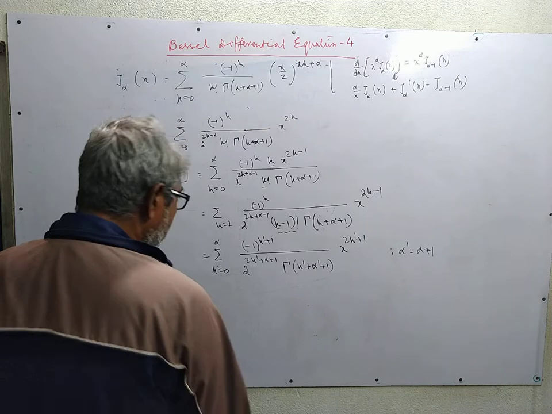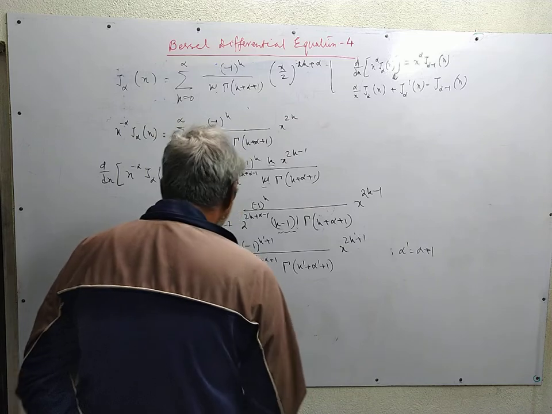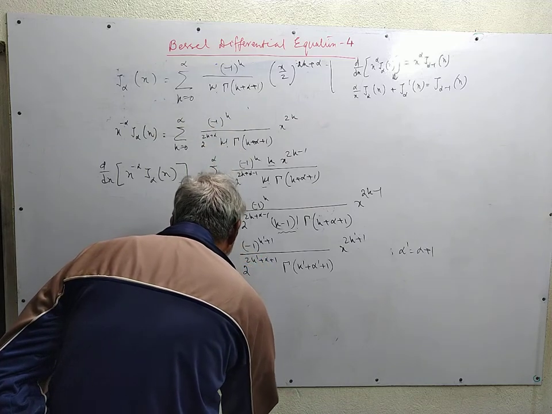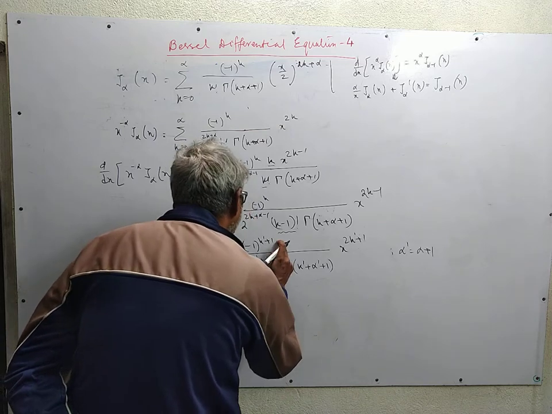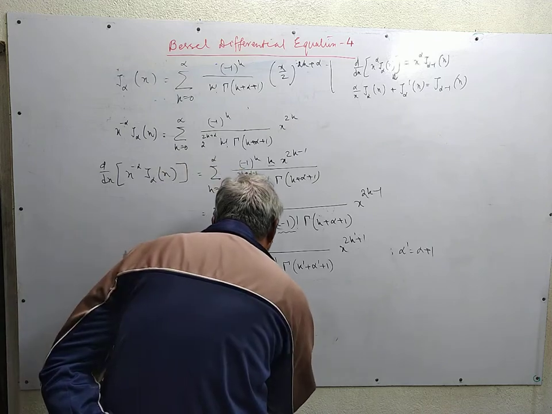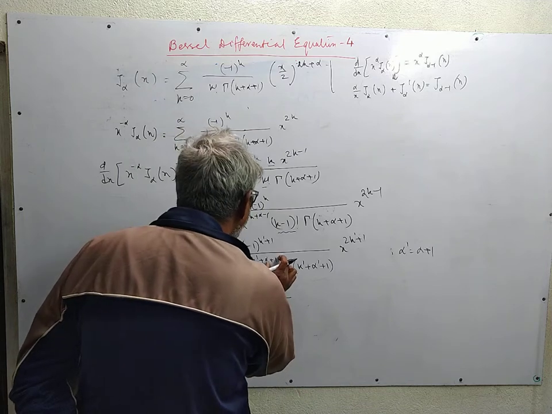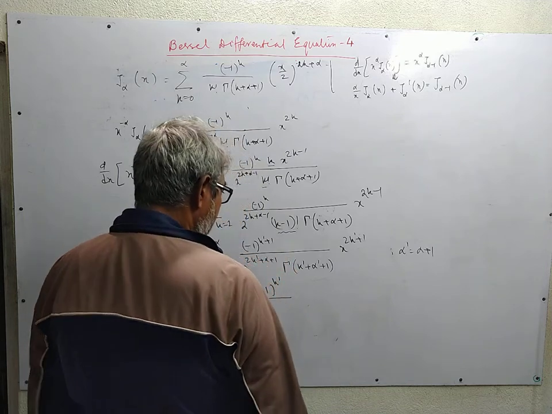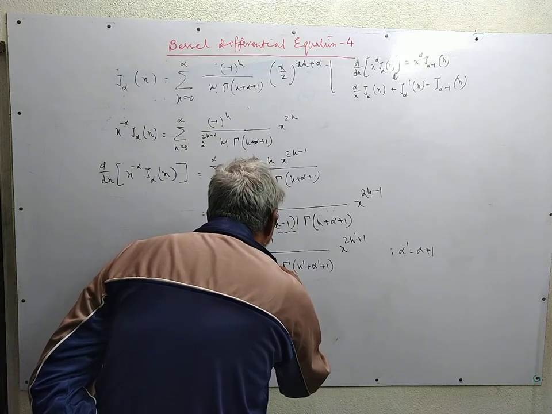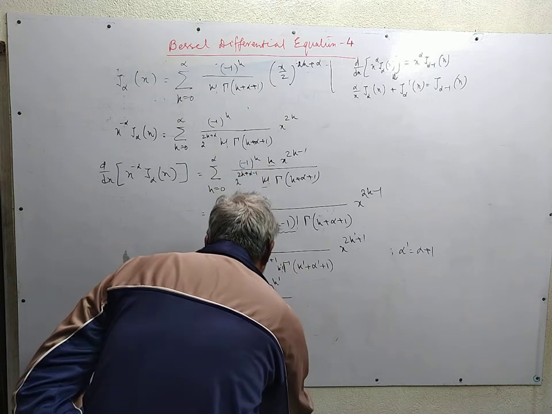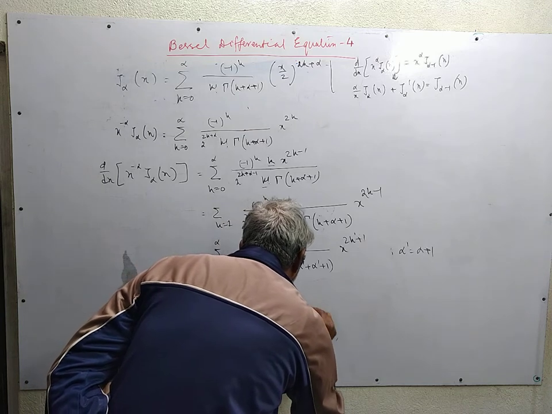And we multiply this by x to the power minus alpha, so that we have the sum over k prime equal to 0 to infinity, and one minus sign is taken out, so this is minus 1 to the power k prime. This is alpha prime. One k prime factorial was missing, so this is k prime factorial, gamma of k prime plus alpha prime plus 1,